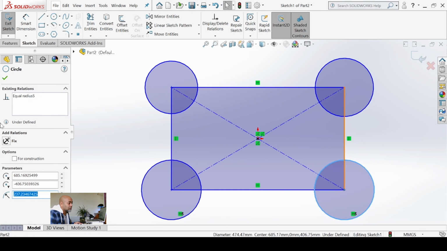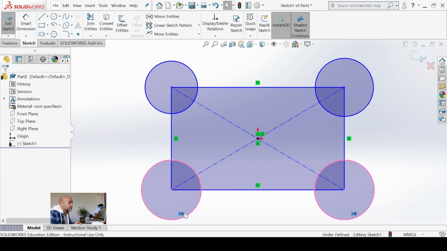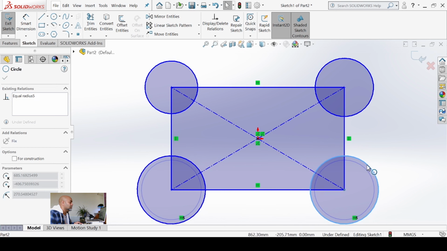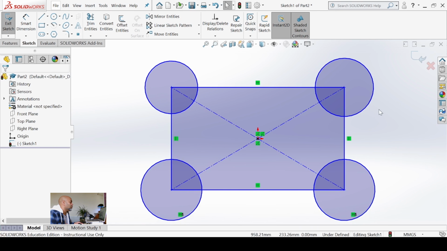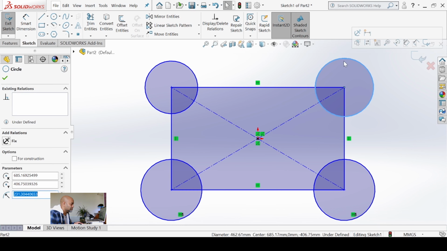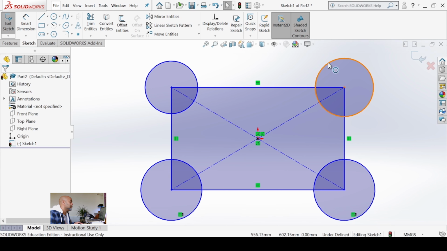I can select that circle, and in your properties manager, it will show there is an existing relationship with this particular circle here. Okay, and if I didn't want that, I can right click and delete it from this space here, or I can delete those relations from here. But I think I quite like it like this. Okay, so I'm going to keep it like that. Right, look at that. Now, what can I do to make sure that all of these are exactly the same size? Well, it's easy. I can say this circle